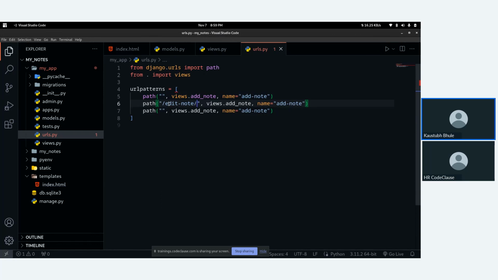So for that reason, we need to get the note ID via URL. To send the data by URL, you can add a simple dollar sign here, or you can use the syntax like this: str colon and your variable name, I mean the parameter you are passing, in case your variable is a string. For other data types, you can use other types too. But using dollar can also simplify things. So let's copy this for both path, then delete.